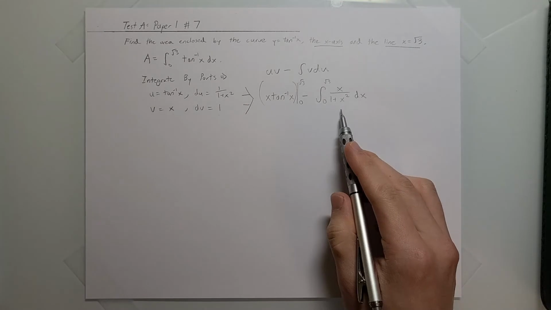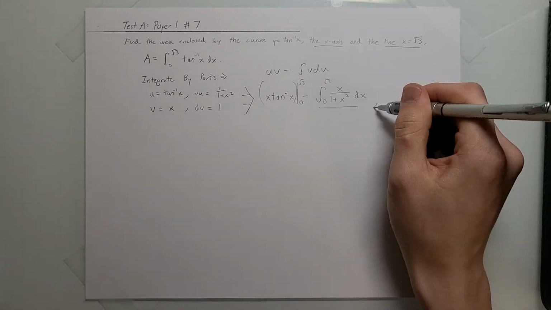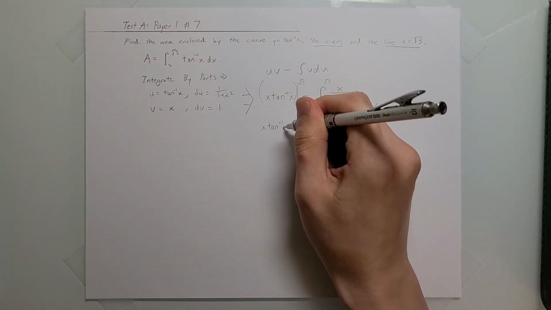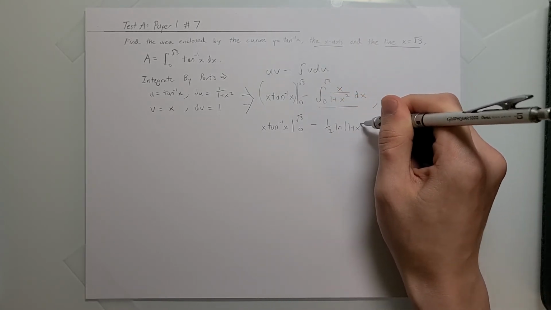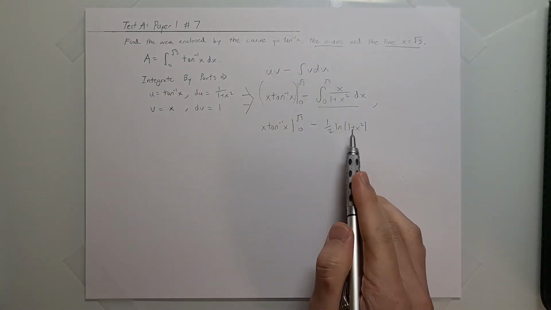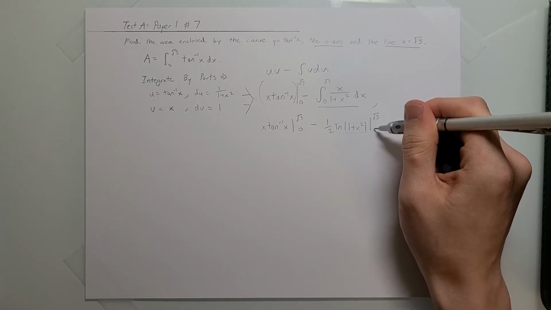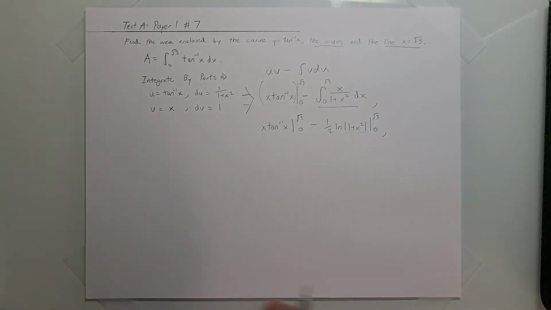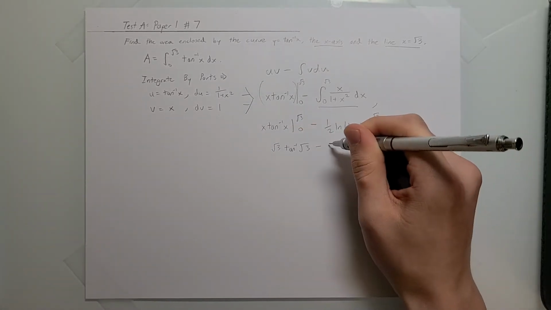Okay, then we can solve for this integral pretty easily. After all, we know that if it's going to be x over 1 plus x squared, that looks like a logarithmic one, so I'd say ln of 1 plus x squared. So x tan negative 1 x, and so on, minus half ln 1 plus x squared. Because when we differentiate this section right here, it's going to come out to just 2x. We only want x, so we have to divide it by 2. Now if we simplify this mess, we get root 3 arctan of root 3 minus half ln of 4